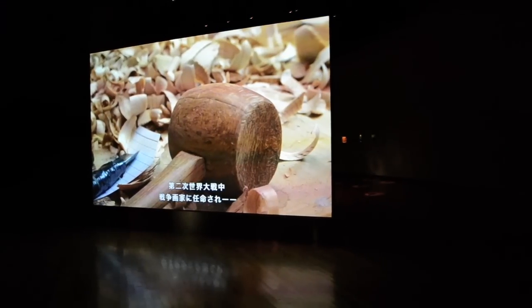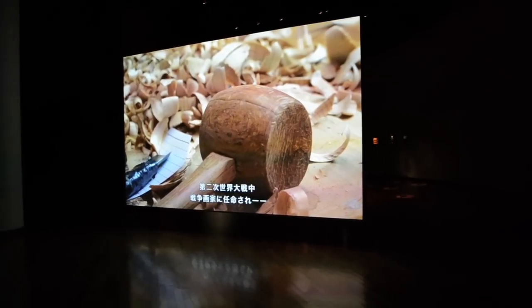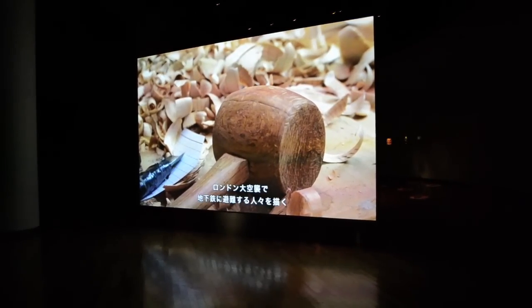During World War II, Moore became an official war artist, making drawings during the Blitz of